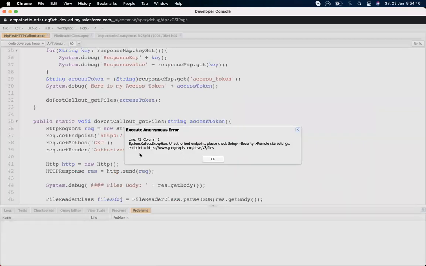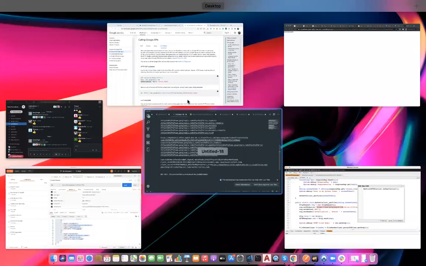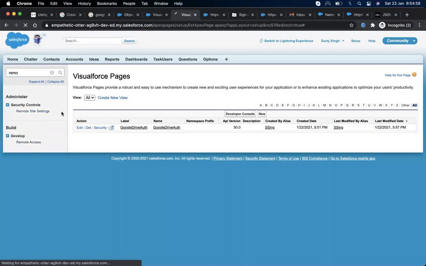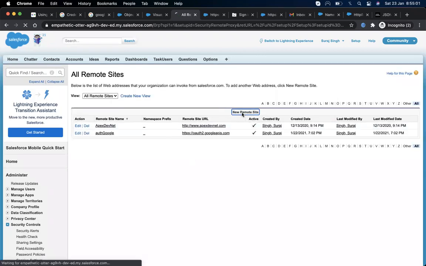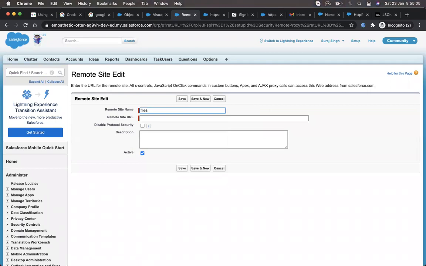Okay. Actually, the endpoint is changed. This is Google APIs. Let's add that into the remote site setting. Files, Google API.